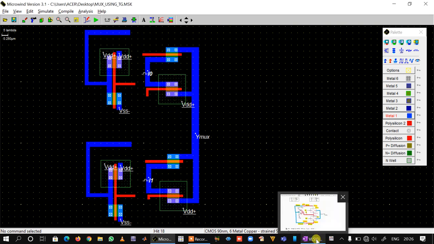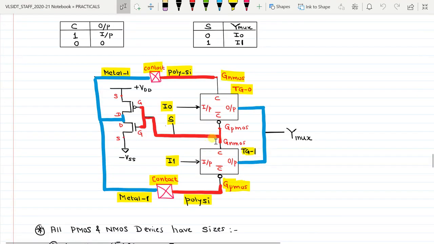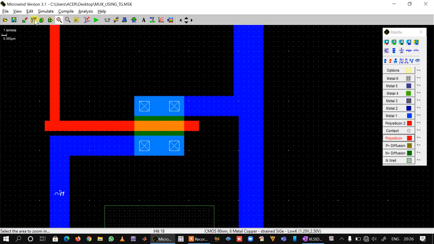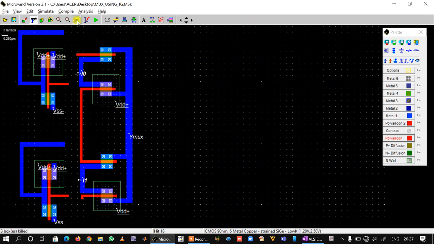So now referring again, now what we have to do is we have to connect the gate of PMOS of TG0 to gate of NMOS of TG1. So this is the gate of NMOS of TG0, gate of PMOS of TG0, gate of NMOS of TG1 and gate of PMOS of TG1. So we have to connect both of them. So we will take polysilicon and we will connect it like this, and we can cut out the extra portion like this. Okay,